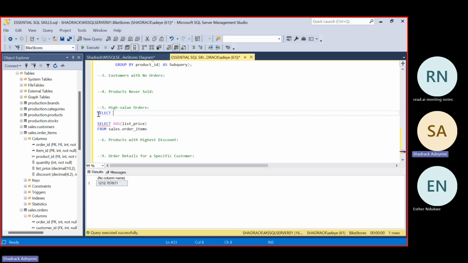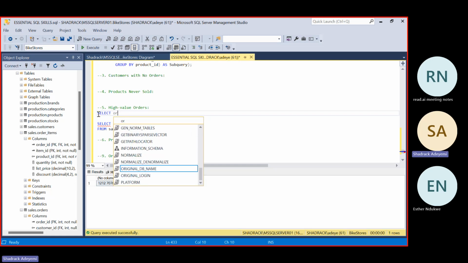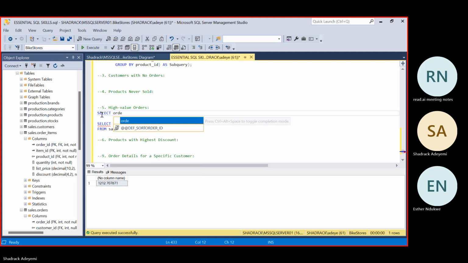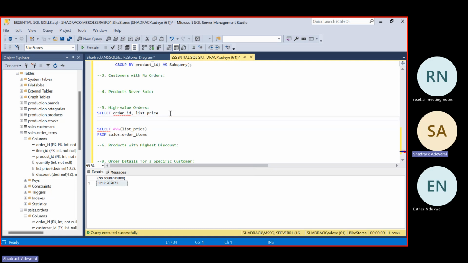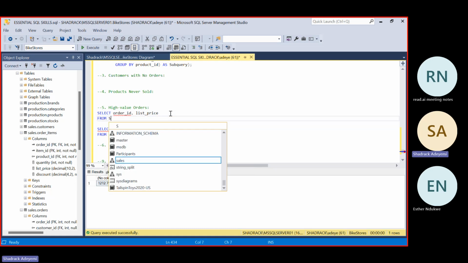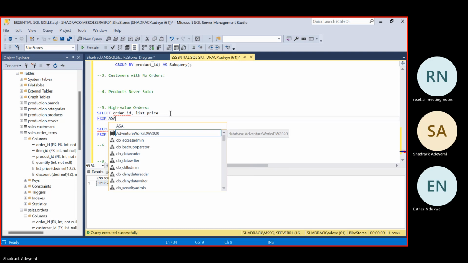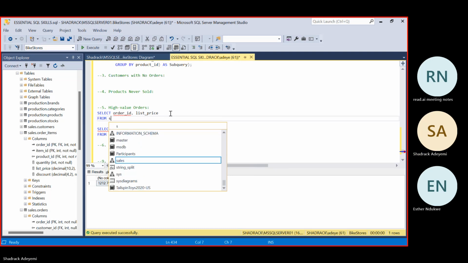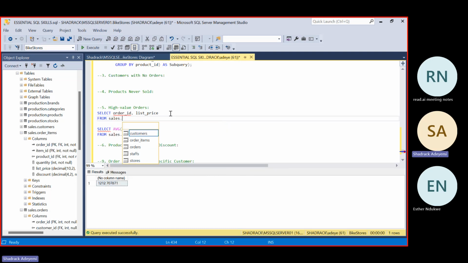In this case, we just want the order ID from our table and we want the list price. So we want to see the price really and actually confirm that it's doing better than this particular price. And we know that this information is in the sales order items table.